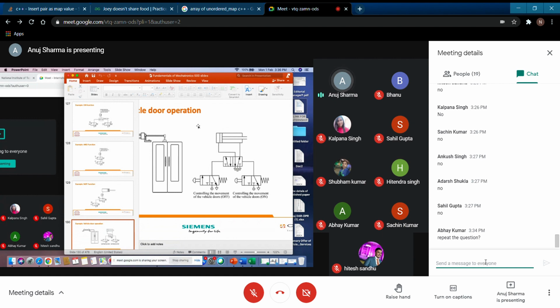So the answer should be given from your side. The assignment is that you just need to draw the flow line: what will be the position of the DCV at that particular point when the door is closing and when the door is open. That's it.